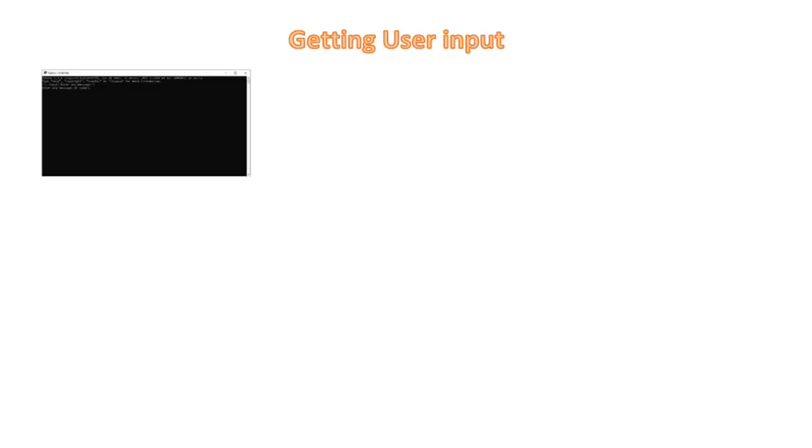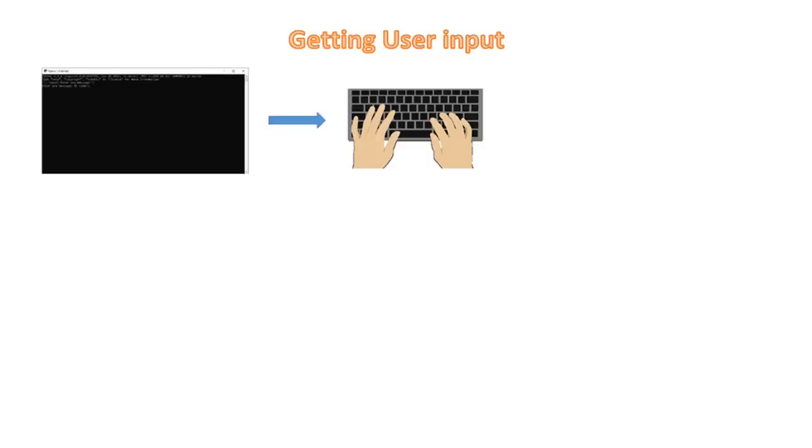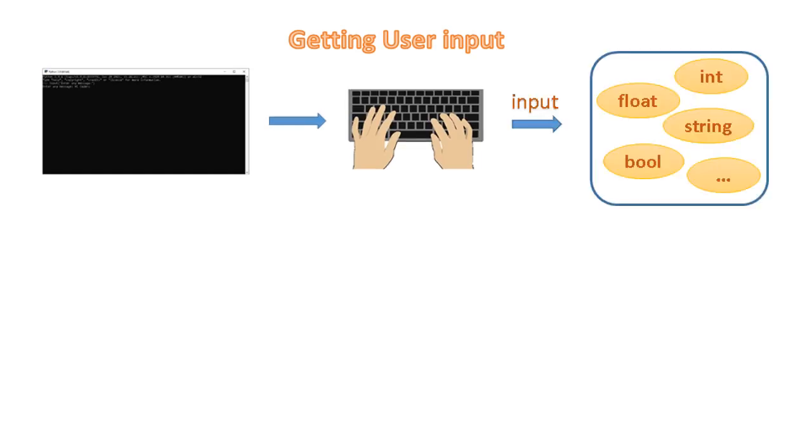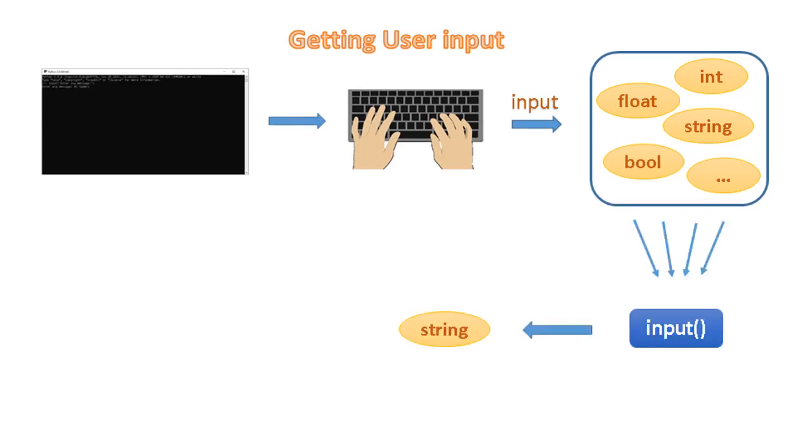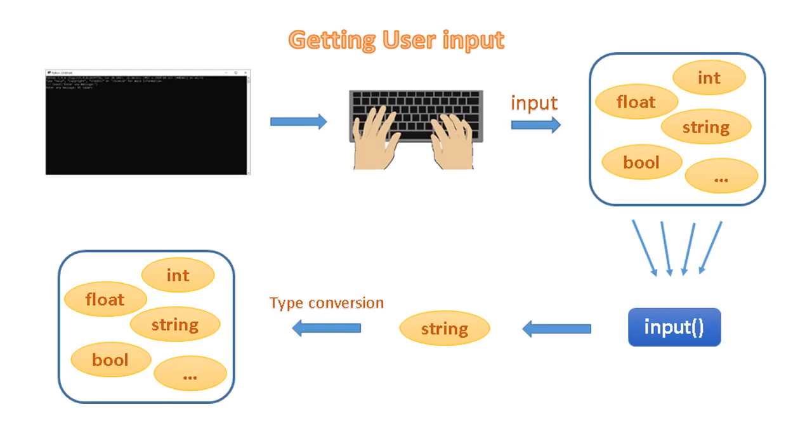While executing the program, it waits for the user to provide input. The user input can be of any data type, for example, int, float, string, boolean, etc. The input function will always get it as string. Further, this string type data can be explicitly converted to other data type using type conversion methods. I will talk about various data types and type conversions in detail in later videos.